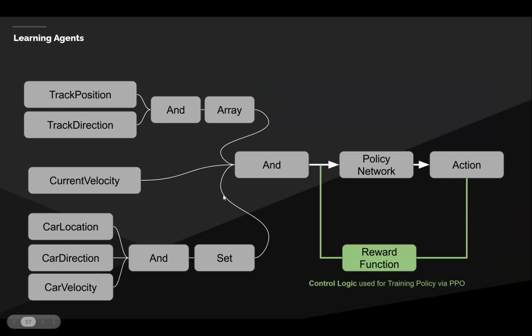You can see it a bit like this. We're going to give as input, say we were driving around the track, we might structure our controls like this. We're going to have an array of positions and directions for the future part of the track. Maybe we have the current speed we're going at. And maybe we have a set of observations for all the cars surrounding us, where we're going to get the relative location of that car, its velocity and direction. And then we train this policy to make the correct action using the policy gradient and PPO.